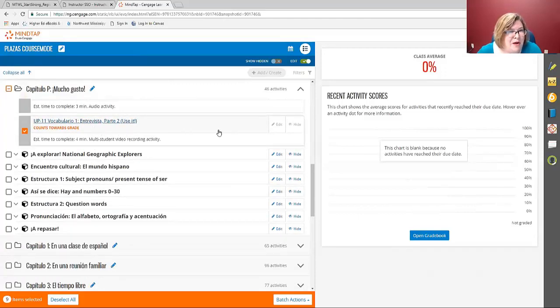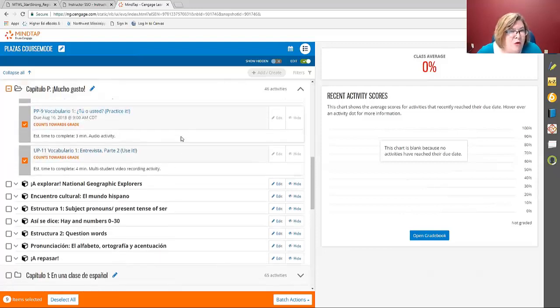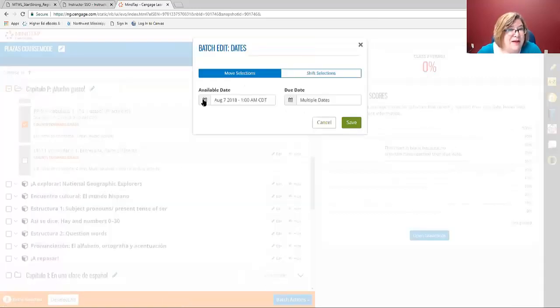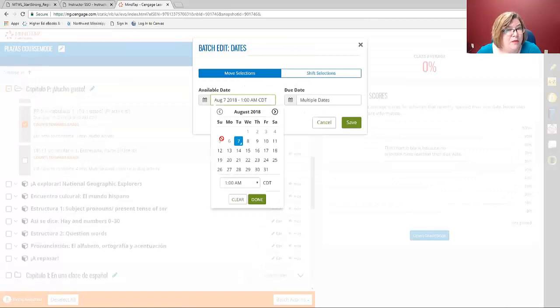These are what we call planks in MindTap, just because they look like a big long plank. If you look at the plank, it marks them. If you don't want to do them, you can uncheck them and take them out of that. So I just did an assignment, and this is called a batch action. This means I can assign all of those, and I can change my date, and I can also change when they're available. If I don't want to put an available date on there, I can take that out completely.